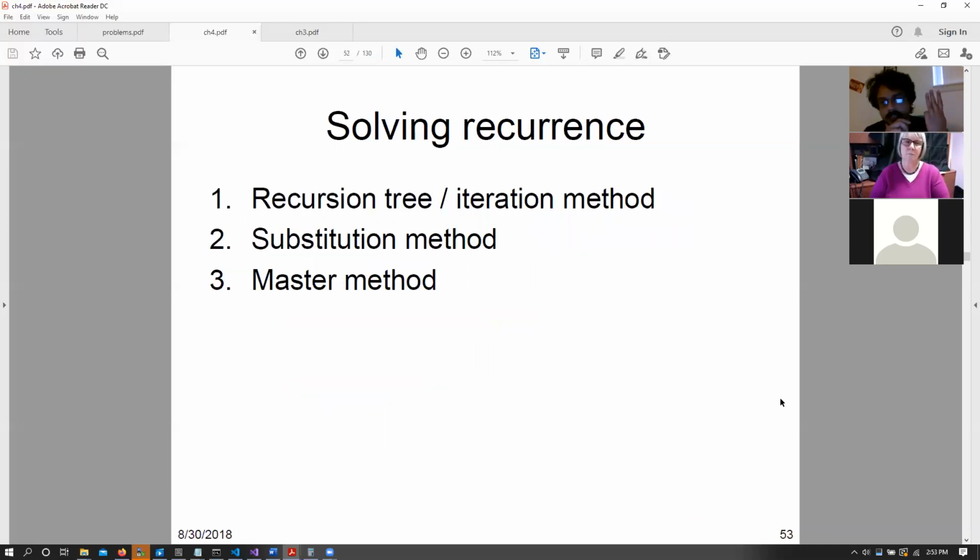Okay, so in order to solve these recurrence relations, we have three possible methods. The first method is the recursion tree or iteration method. The second method is the substitution method, and the third method is the master method. First we are going to look at the recursion tree. It is more of an intuitive way of finding the solution. The second one is the substitution method, but we will talk about this at the last. The master method is the easiest way to compute the recurrence value or your time complexity. But again, the master method does not apply to all possible cases. So we will look at all of these three methods one by one.